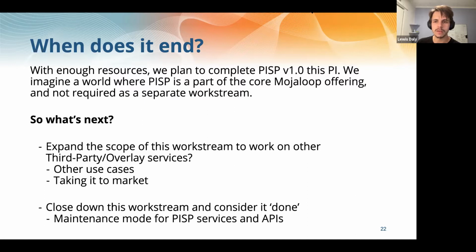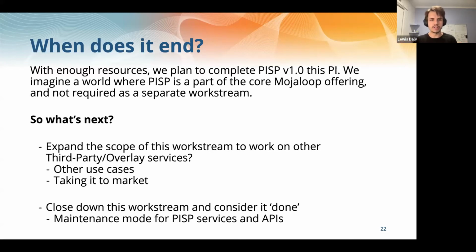Based on our current roadmap, depending on if we have enough resources, we could complete a V1 of PISP with basic peer-to-peer transfers working, API properly adopted and implemented. We've got use case guides, integration guides, everything working. We could imagine a world in 3 months' time where the PISP workstream might not be needed anymore in its current sense, where we could be moving into maintenance mode of these features, potentially handled by the core team.